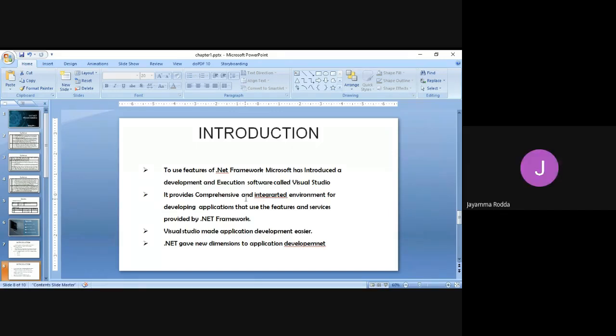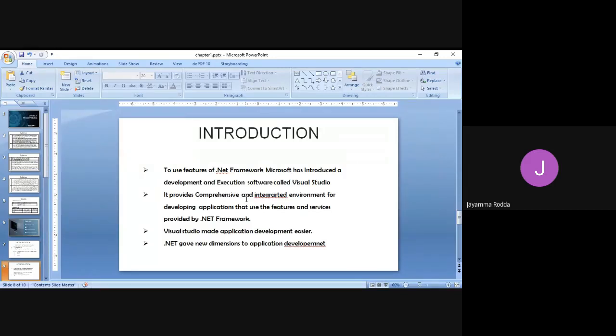Okay, so this particular Visual Studio provides a comprehensive and integrated environment. Comprehensive and integrated. Comprehensive in the sense that different varieties are available in one particular framework, whereas integrated means one can be translated or transformed to another one.